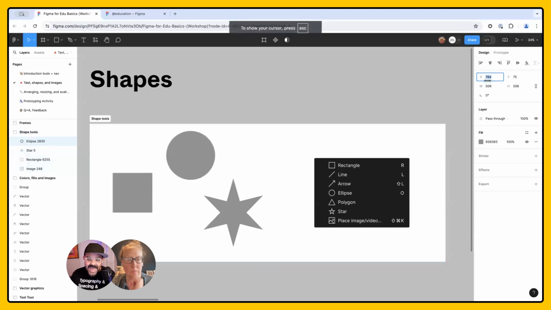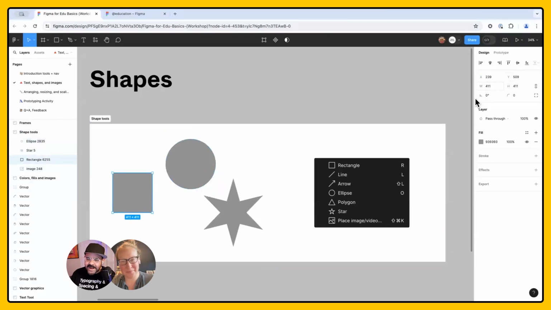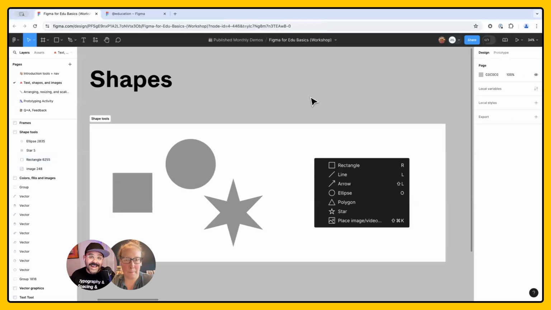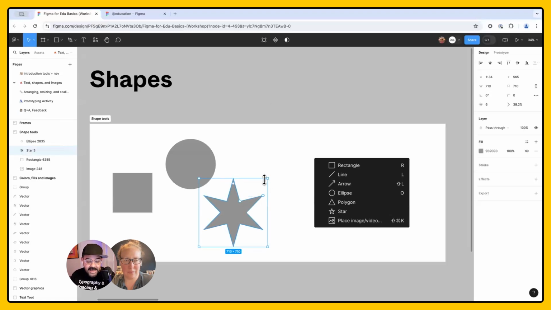So I could change its X position or its horizontal position. I could change its Y position or its vertical position. I could change its width. I could change its height. I could rotate it, which for a circle, you can't really see it rotating. Let's select that rectangle right there, that square, and I can rotate it and you could see it there. So many of the designs that you see are just a juxtaposition of text, vector imagery, or shape imagery that can be scaled large or small, as well as photorealistic imagery.